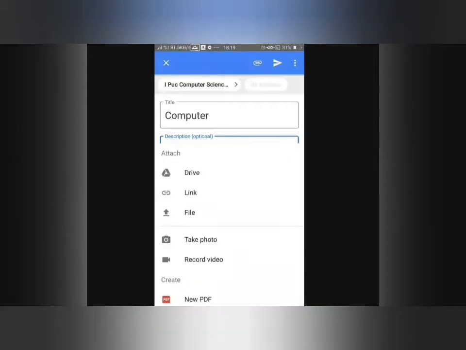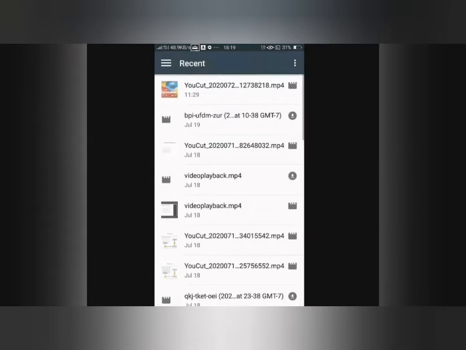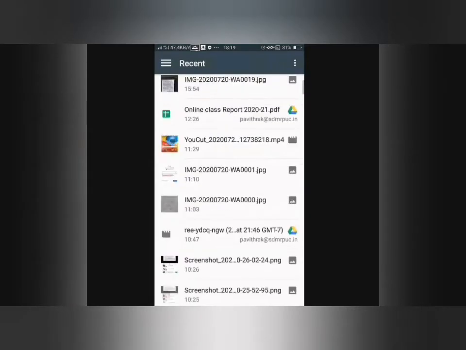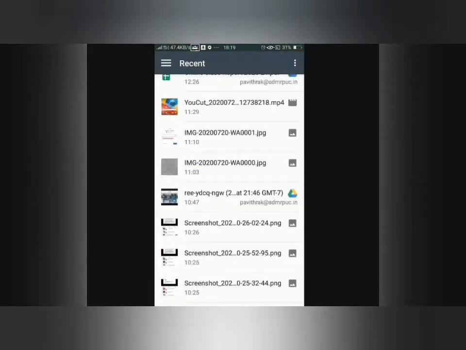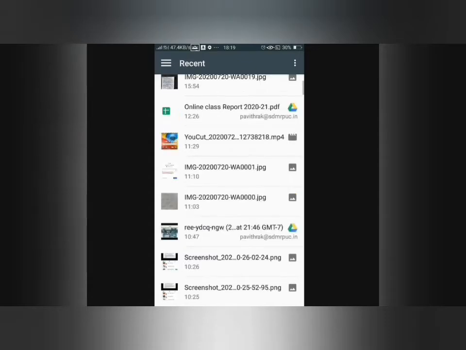So you will have several options. If you are clicking a photo from your mobile, click on take photo and click the camera. Or suppose you are selecting from your mobile, click on file, select the file in your mobile phone. It could be in different folders.